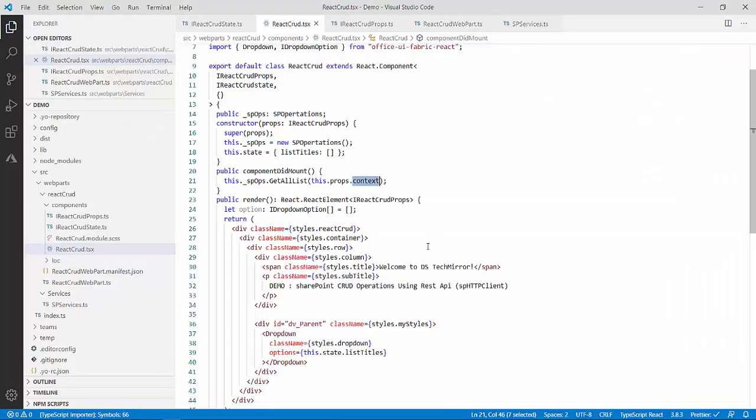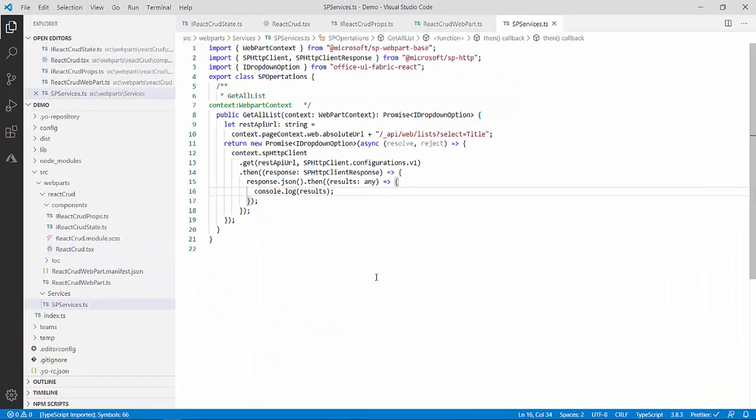So guys, I will go back to my service.ts file. This is my service.ts file. Over here is the console.log of the result. After that, as I told you, the result contains an array, so I have to iterate through each array. For that I have two options. I can use forEach, or I can use the map method. The map method is the latest in ECMAScript, so I will go with the map method because it requires fewer lines of code.